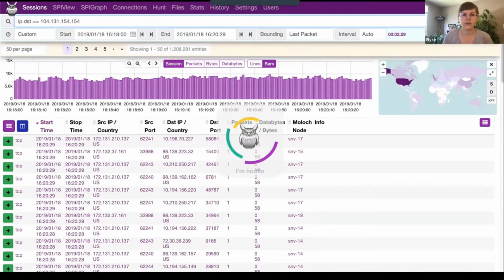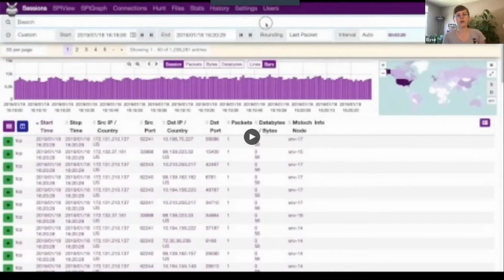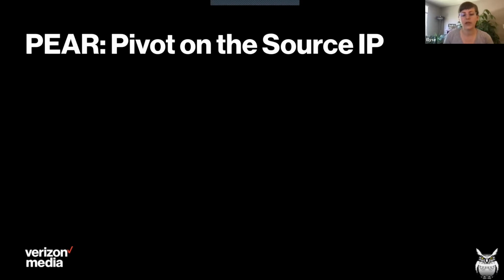So for the purpose of this demo, it's already restricted to the time range from the alert. And we can see there is only one session that reached out to this IP. So we're lucky. We didn't have a bunch of endpoints that were reaching out to that IP. So next, an analyst is probably going to want to dive further, and they're going to pivot